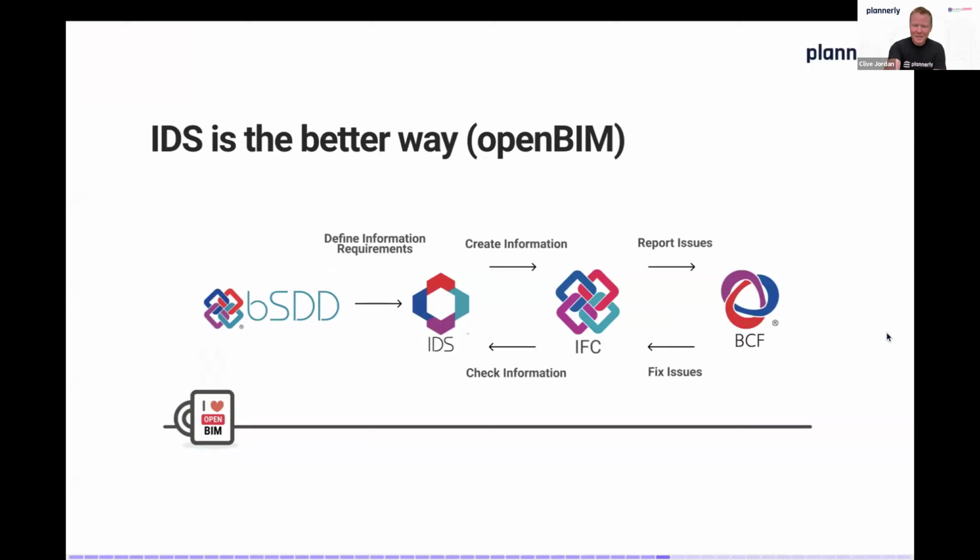What we're really pushing for is the combination, because of the opportunity of having a data dictionary that you can define machine readable and human readable information requirements in what's called the IDS, the Information Delivery Specification, which can be used to create better information and then used to check information. And anything falling out can go through the BIM collaboration format for reporting of these as quality challenges throughout that